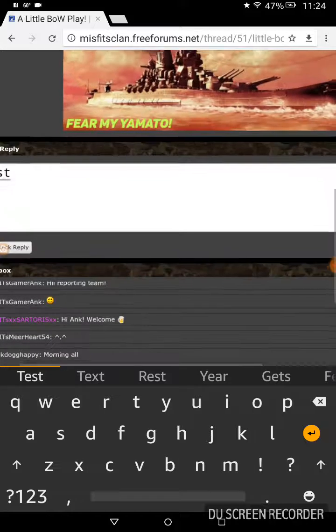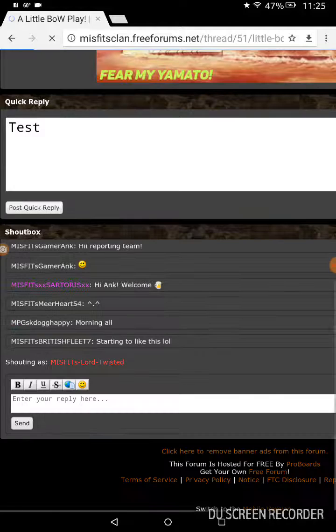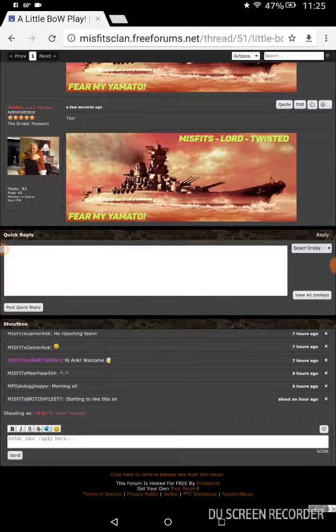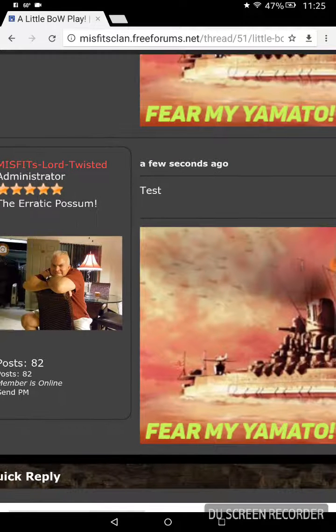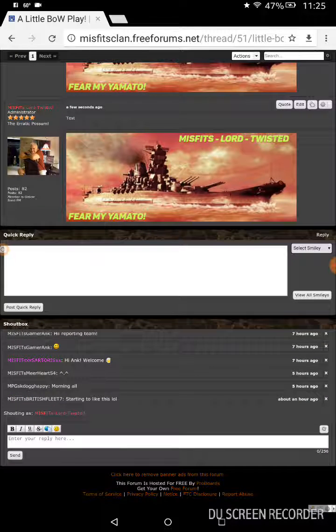Now, if I want to post on that real quick without getting into the regular post dialog feature, I would just hit this post quick reply button right there and see, boom, it takes me right there. It lowers me down to what I posted a few seconds ago. The word test, we'll just pretend that's a couple sentences. That's how you do a quick reply or talk here on the forum at an already topic specified area.